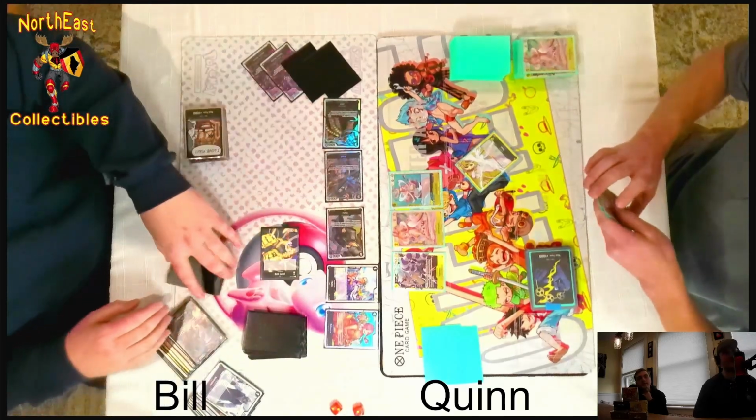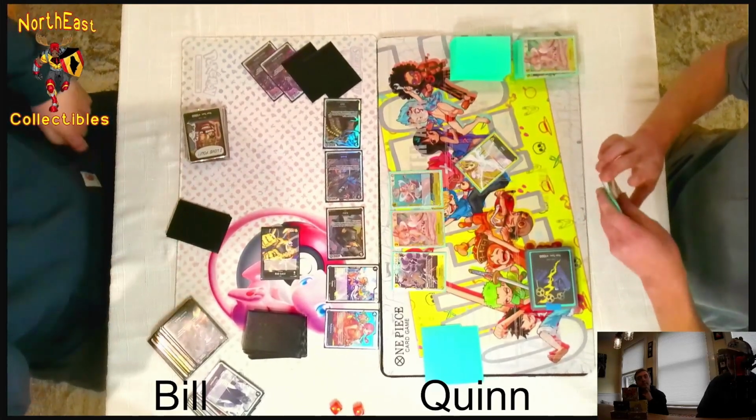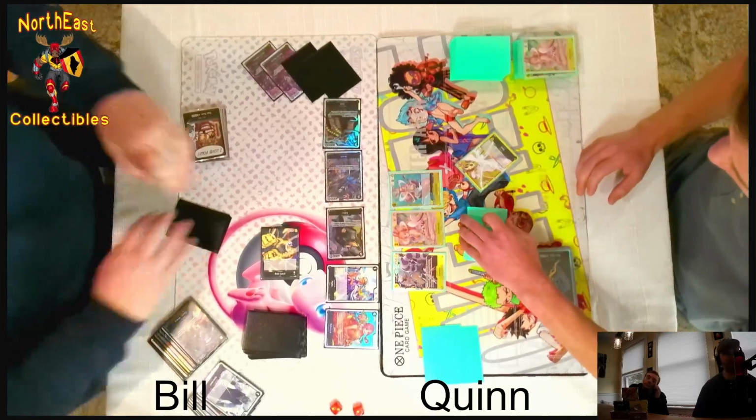Yeah, I cannot lie. He also established a blocker to protect that Jack that we were saying, the only thing about that Jack's weakness is